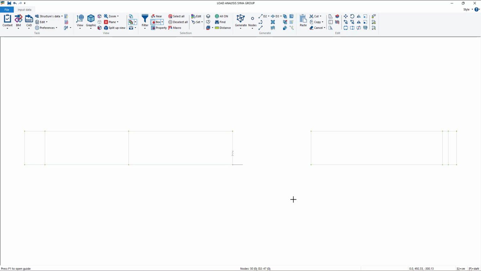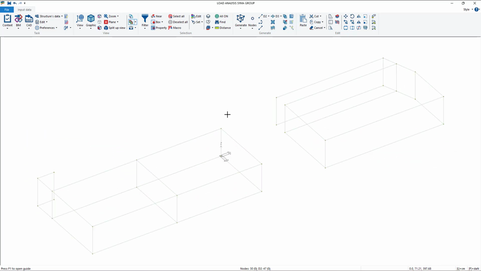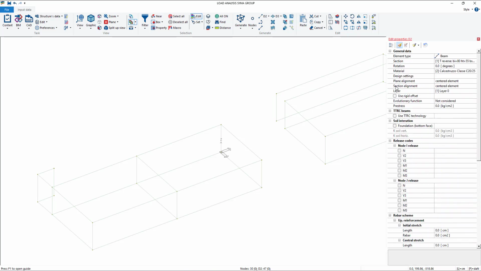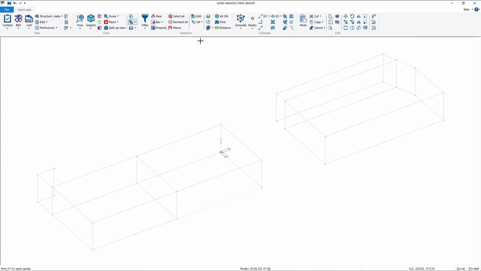Now we need to set the foundation property for all the elements on quote 0. So edit, go for element, foundation bottom face. Okay, click on this, set property.